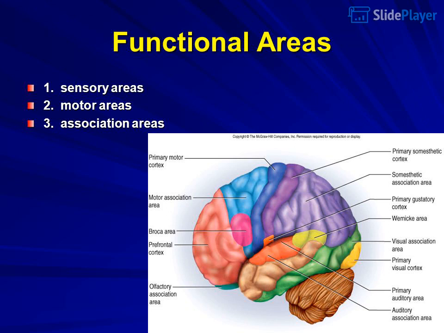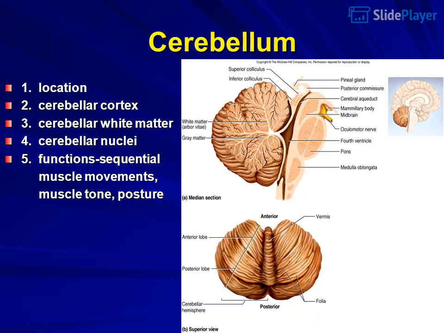Functional areas. 1. Sensory areas. 2. Motor areas. 3. Association areas. Cerebellum. 1. Location. 2. Cerebellar cortex. 3. Cerebellar white matter. 4. Cerebellar nuclei. 5. Functions: sequential muscle movements, muscle tone, posture,